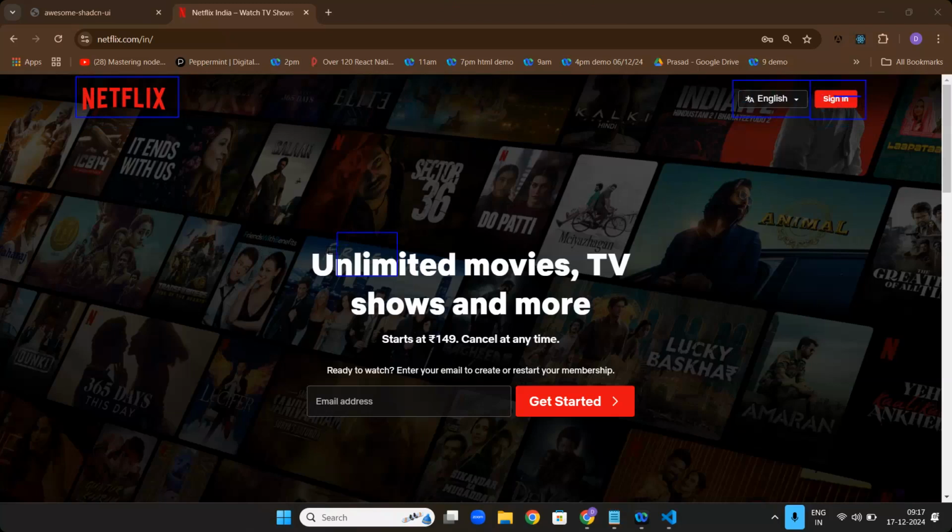You need one heading, subheading, or paragraph, and one input box with a button. These are the elements